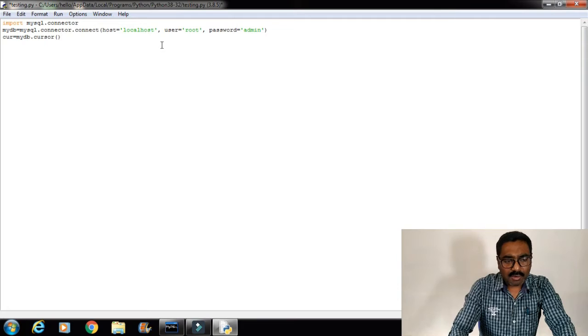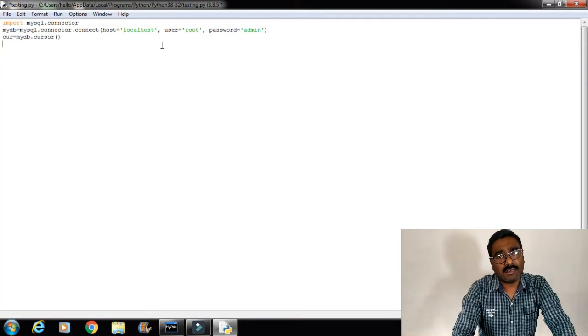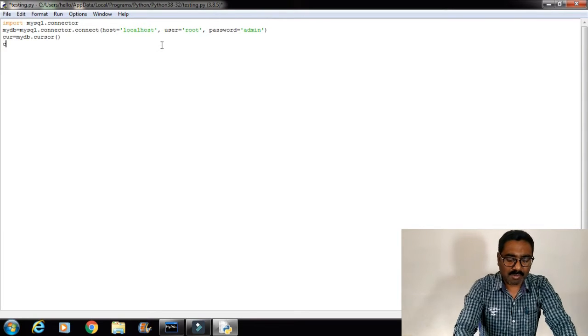Now one function of cursor is execute. Using that execute command, you can execute any command in MySQL. For example, I am writing cursor dot execute. Then I want to create a database, so you have to use the same create command.